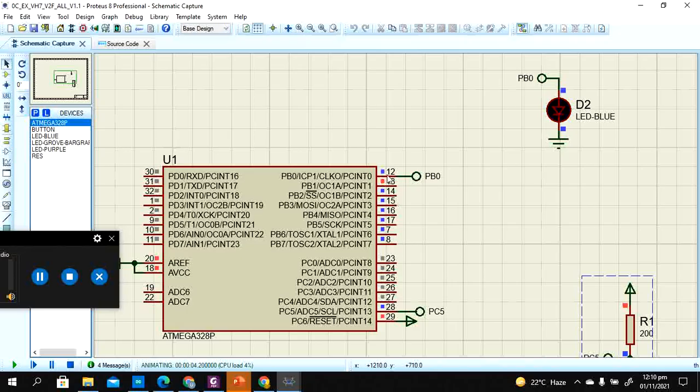0, 1, then 10, then 11, then 100, 101. The red LED shows 1 and the blue LED shows 0. Then 6, 7, and so on, going up to 255, all the way to 1, 1, 1, 1, 1, 1, 1, 1, and then it drops to 0 again. So this is how a loop will be shown on port B if it's an 8-bit port.